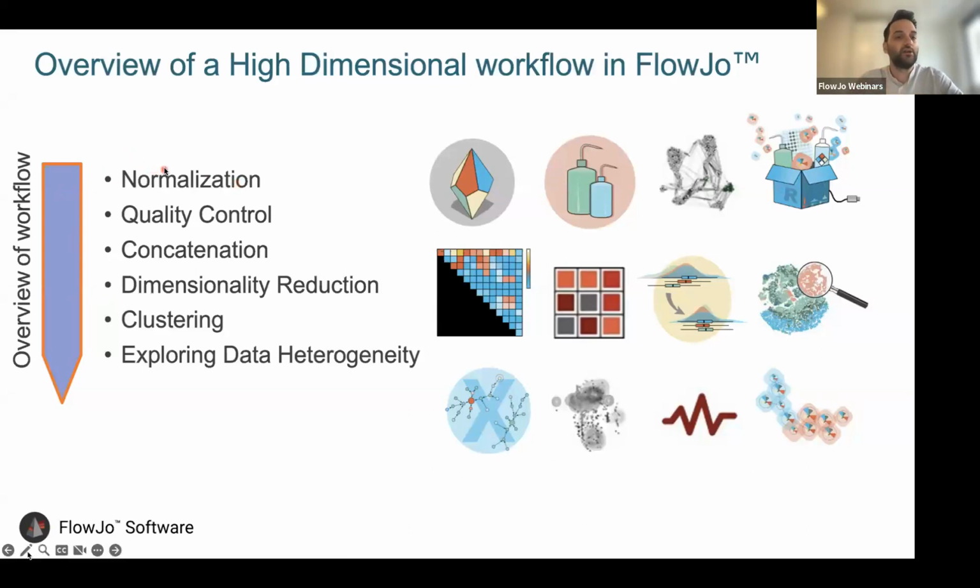And we start with normalization. So we have plugins for normalizing, if you have different batches of samples or different time points, etc. Then the next step is quality control. So we can check for anomalies in our flow cytometric data. Then we have the concatenation, which is basically merging the samples into a single FCS file, no matter what kind of samples we have,